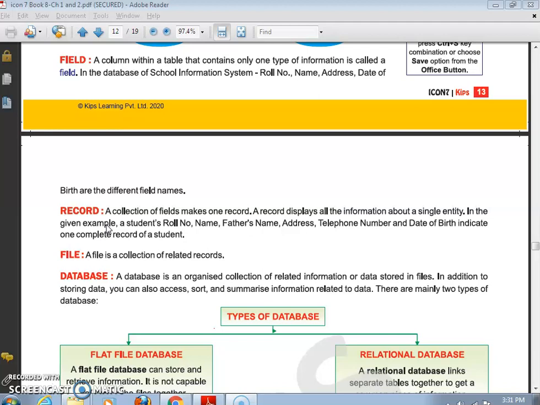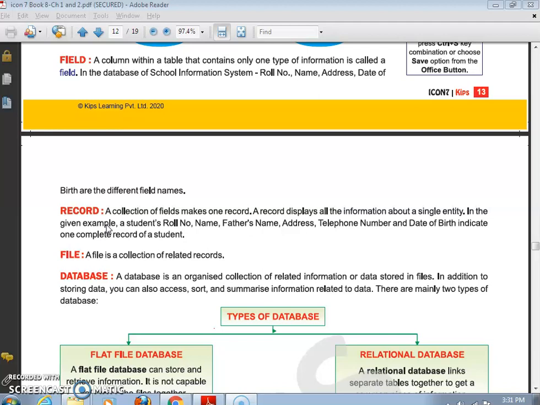In the given example, a student's roll number, name, father's name, address, telephone number, and date of birth indicate one complete record of a student. File is a collection of related records. Database. A database is an organized collection of related information or data stored in files.